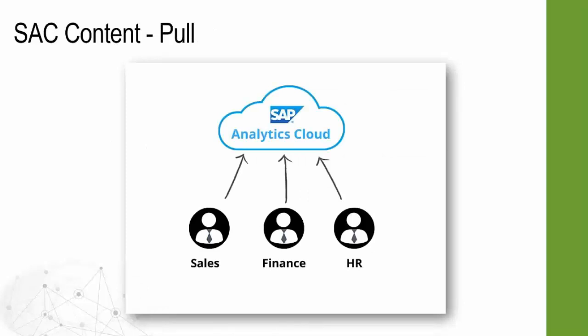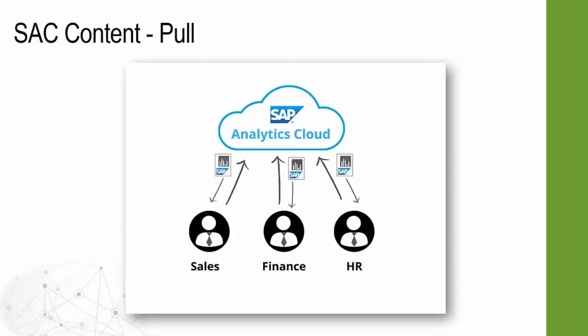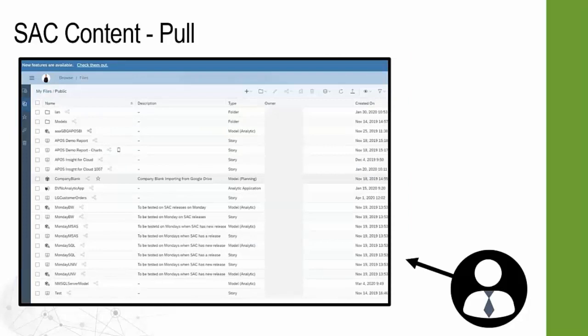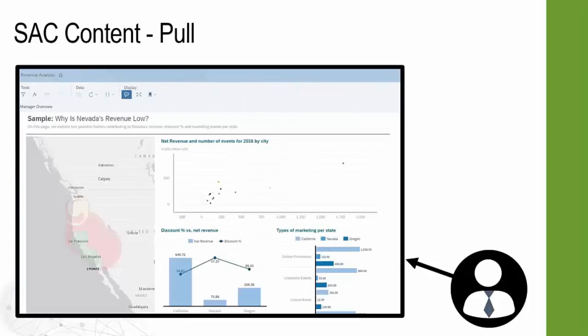When we look to the very standard processes for accessing content from Analytics Cloud, we consider that to be a pull. And what we mean by that is that the various users of the Analytics Cloud system are logging into the Analytics Cloud environment and accessing content and essentially pulling that content down to their browser for viewing and consumption. That involves steps of logging into the Analytics Cloud environment, navigating for the report that they're looking for, the story that they're looking for, and then consuming that in a browser environment.